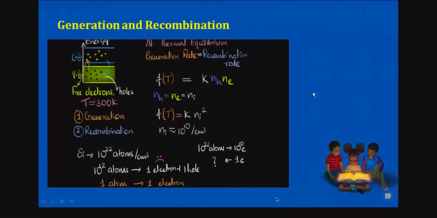Yesterday we got the conclusion about the intrinsic semiconductor, that is generation and recombination. So why we are using semiconductor is, this is a good example. Okay, so coming to the silicon, for generation of an electron-hole pair, we require 10 to the power of 12 atoms. But coming to the copper, to generate one electron, we require one atom. So that is the difference why we use the semiconductors, right?